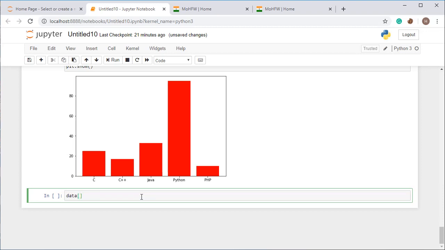If you want to compare two or three data, then you have to use a 2D or 3D array. If you want to plot it at a particular x-axis, if you want the marks of a particular student, so you want to show him the maximum marks as well as the average marks of the class and his marks, all right, scored in an exam for different subjects, for that you have to use these things. So I'm going to show you. In the first box you have to put all the values of marks scored by him.